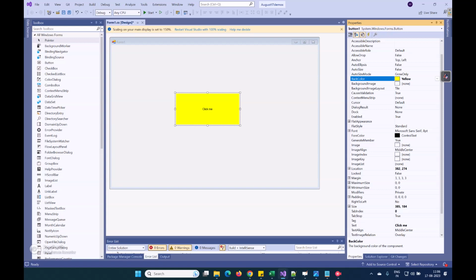This much change I will be doing. What I am doing right now is changing the properties of an object. Back color, custom, and select a new color.